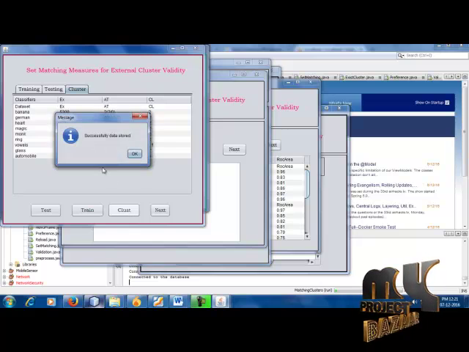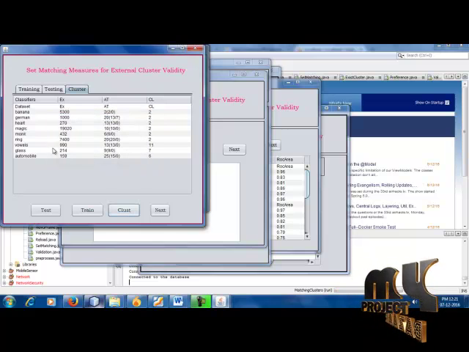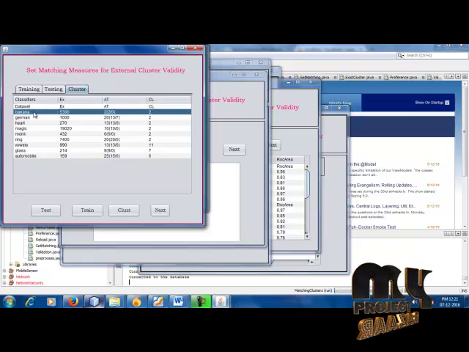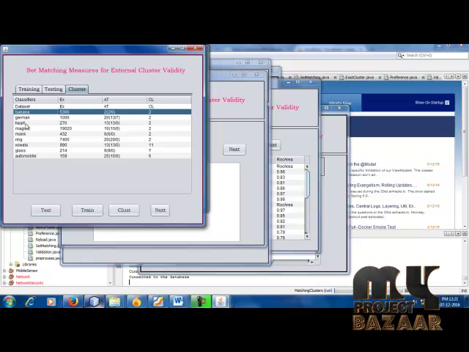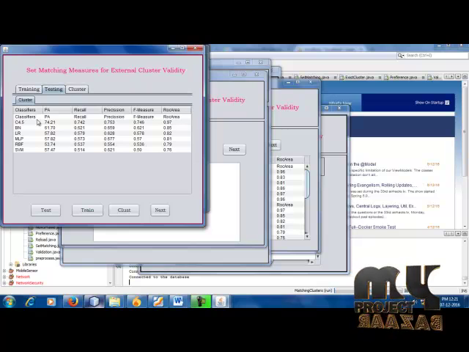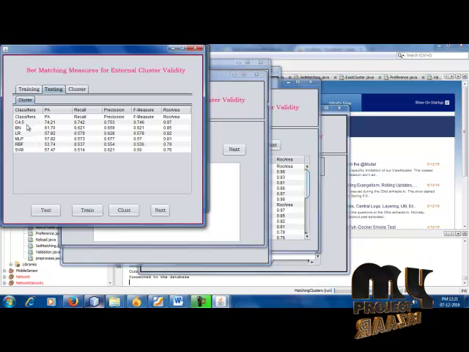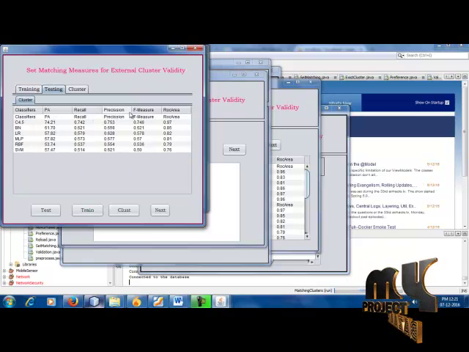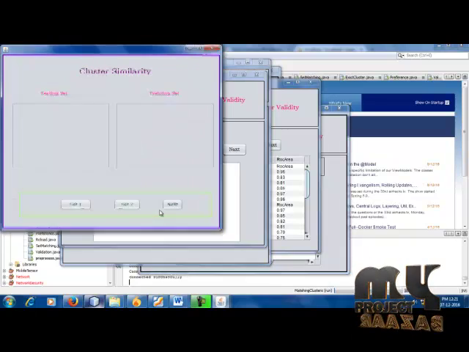Again, finally clustering. The clustering data is stored in the database. These are the clustering data. This is one of the data sets. These are some classifiers for the data set: banana, German, hot, magic, monk. These are some data values for the clustering data. This is the testing data. Here also using classifiers as C4, B and LR. The training also uses values like PA, recall, precision. These values will be changing.